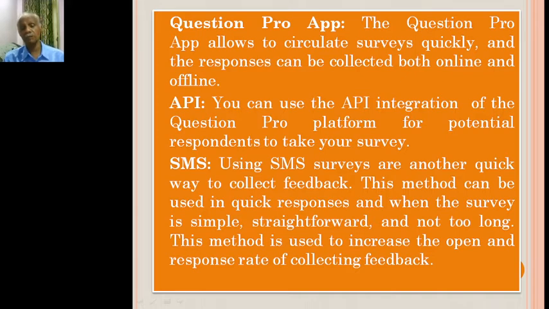The best example is most of the time our SIM card providers like Jio, Airtel or Vodafone or BSNL, they used to send us one SMS asking us to respond to that with yes or no. So automatically when you respond to that, the immediate survey is being collected by the particular company.